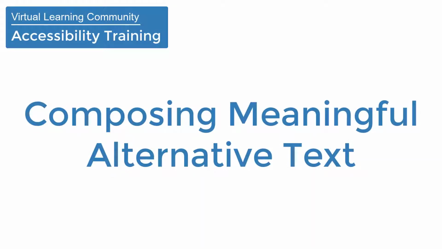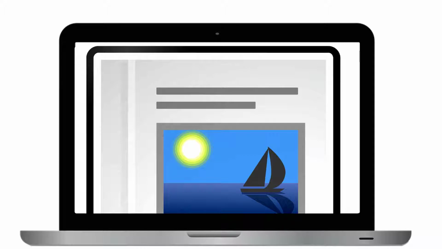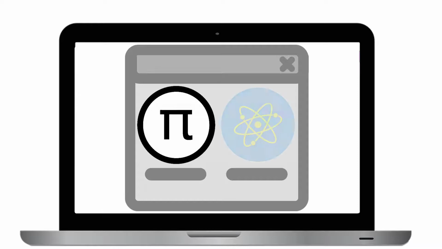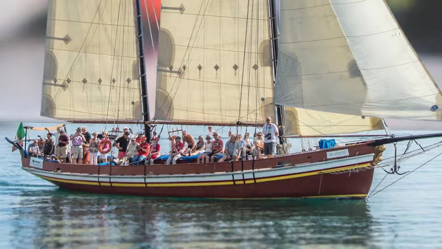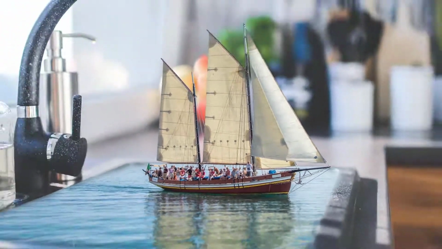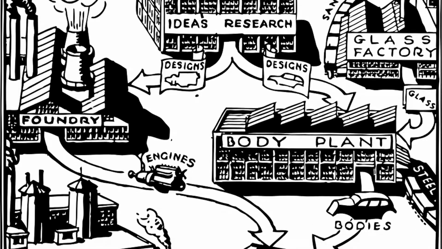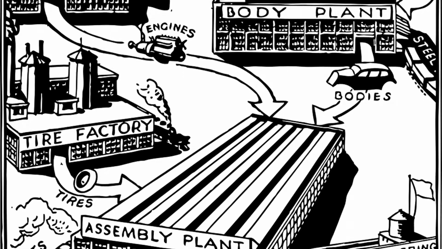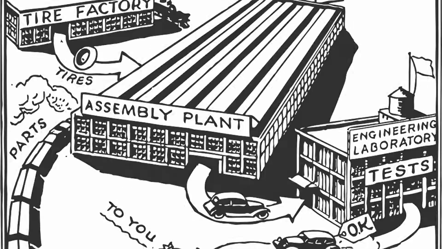Composing meaningful alternative text. Using graphics such as images when creating learning material with Microsoft Office can be a great way to create visual representations of your content. The images you use can serve many different purposes, from simple decorations to visuals of complex processes. An important consideration when inserting images into your content is how you'll make them available to someone who's unable to